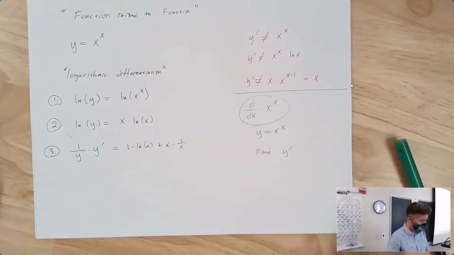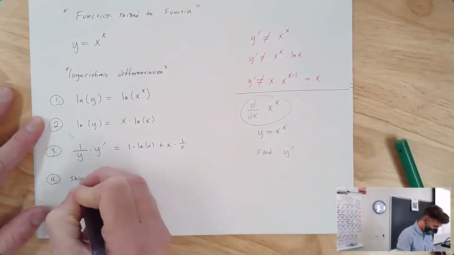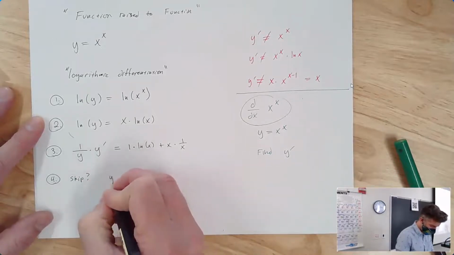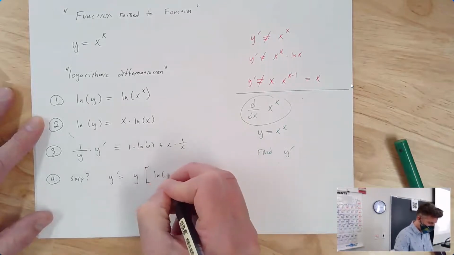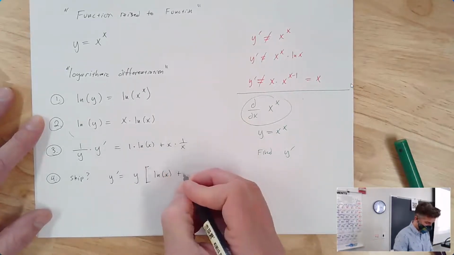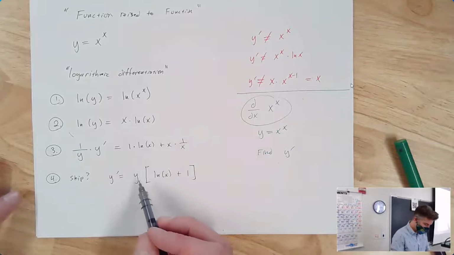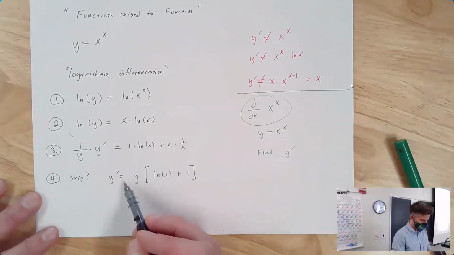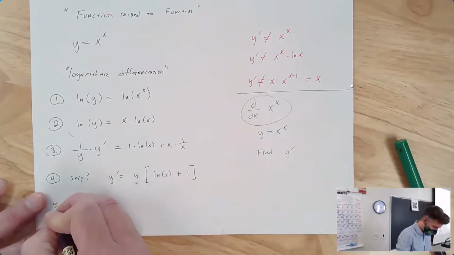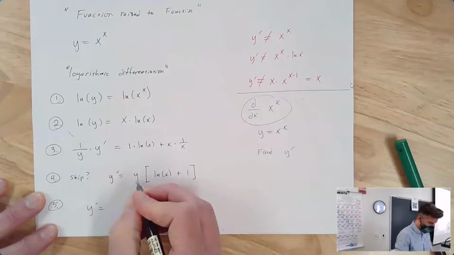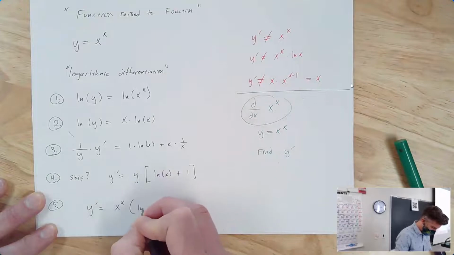We're almost done. I imagine you could skip this next step, where I'm going to do y prime equal to y times the entire right-hand side. I am going to simplify the right-hand side because x times 1 over x is just 1. But in addition to doing that, also see that I'm going to replace y with what y is actually equal to. So finally, we've got y prime equal to y, which is x to the x, times the natural log of x